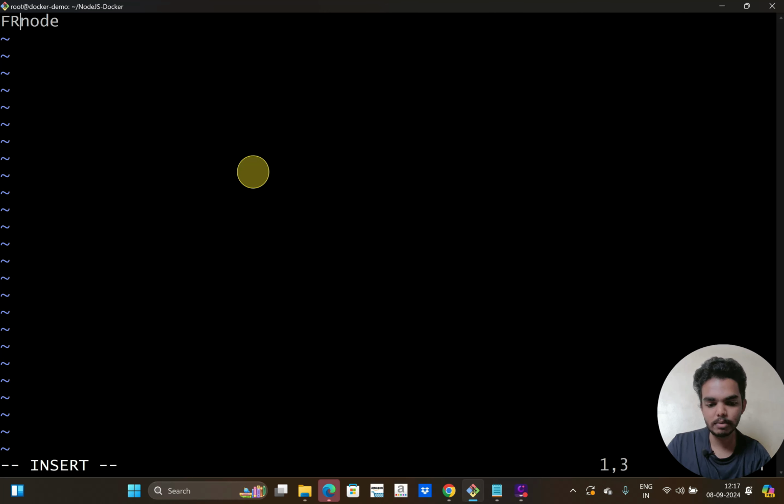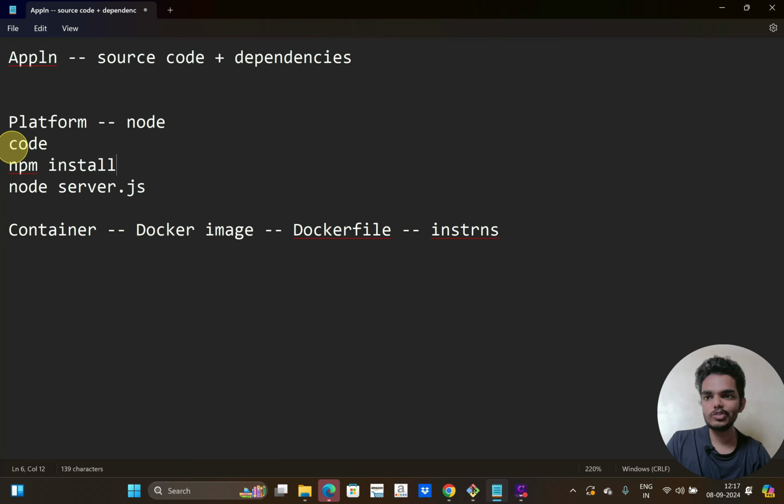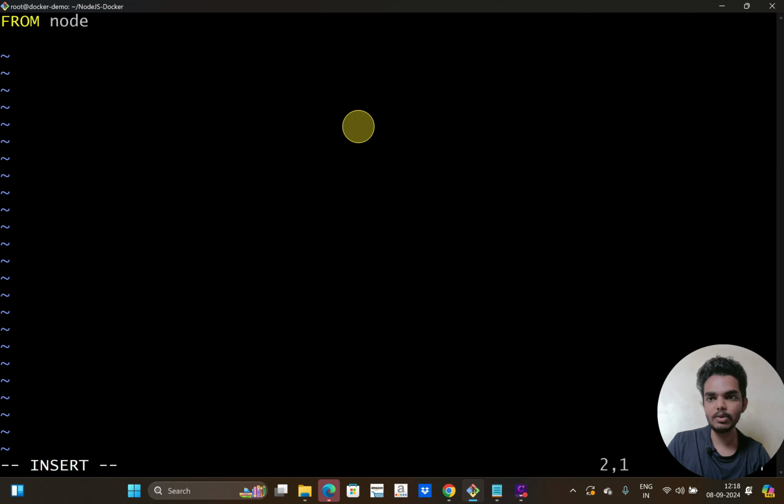The instruction will be FROM node. So I am going to add this node as the base image for this particular Docker image. My next instruction will be to copy the source code, and for that I have the command called COPY. The source code exists in the same directory as the Dockerfile, so I can just give the dot, and the destination directory can be anything. I am going to add it as an /app directory, so it will copy the source code into this /app directory in my Docker image.